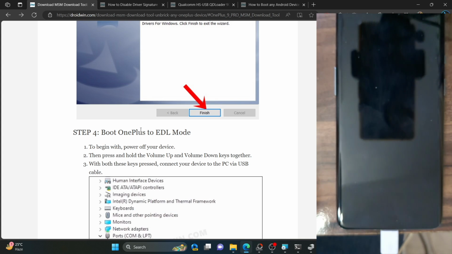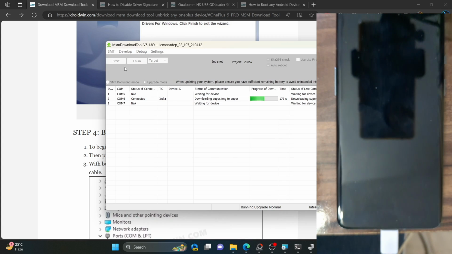Once the phone gets powered off, it will take around 5 to 10 seconds before it once again boots into the Qualcomm crash dump mode. So you will have to take hold of those 5 to 10 seconds and get the job done. In that limited time frame, you could either first launch the MSM tool and click the start button and then boot your phone to EDL mode and connect it to the PC via USB cable, or first connect your phone to the PC via USB cable in EDL mode and then hit the start button.